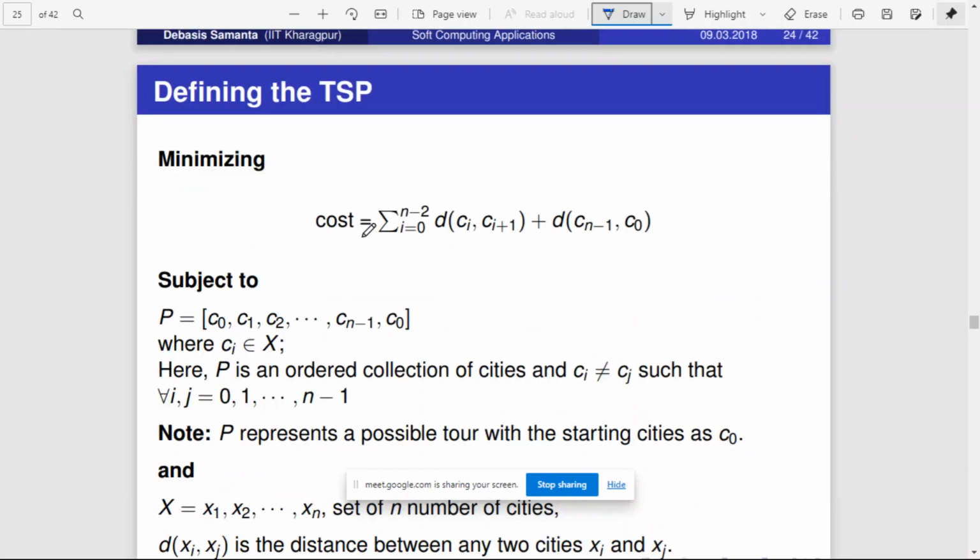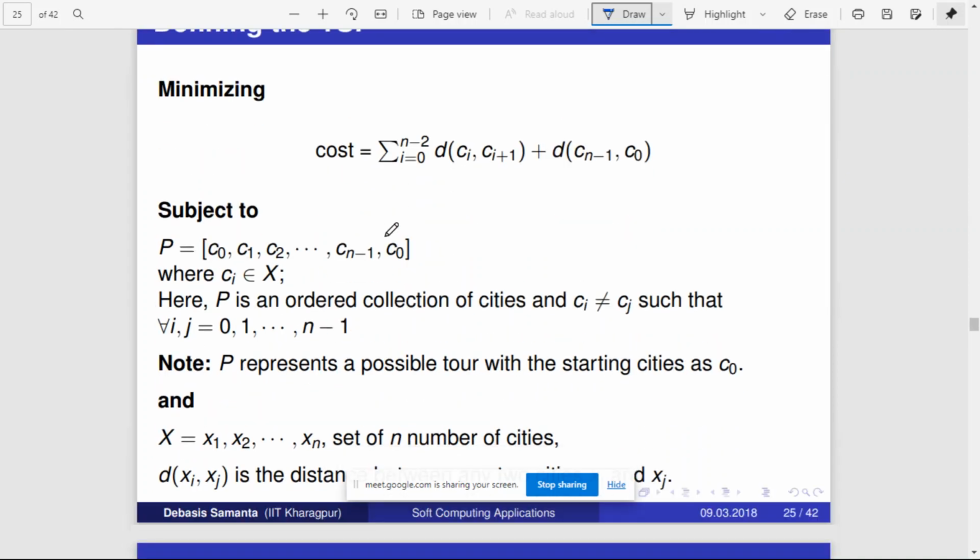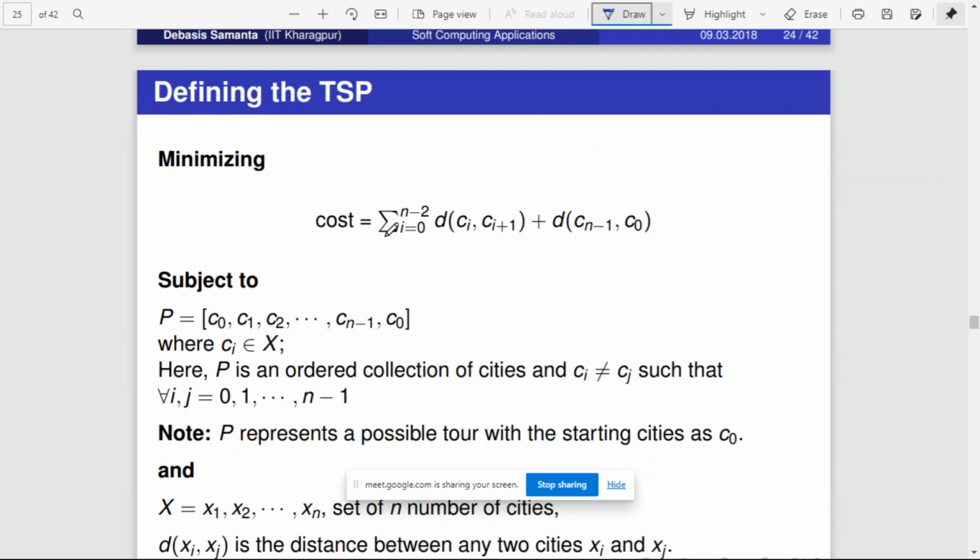So this is how we can define the problem mathematically. Mathematically, what is our objective in the traveling salesman problem? Could someone state it? To minimize the cost. And what is the constraint? Yeah. So all cities should be visited only once, but the starting and ending city should be the same. That is, the starting city can be visited twice. One is at the first and one is at the last, right?